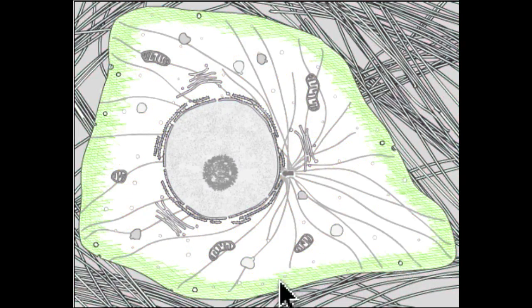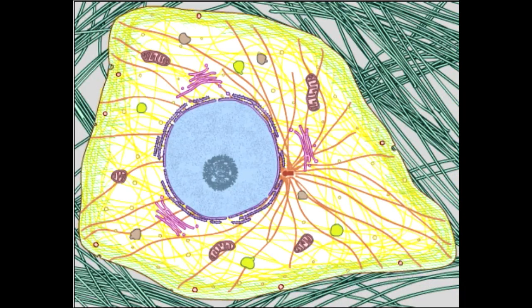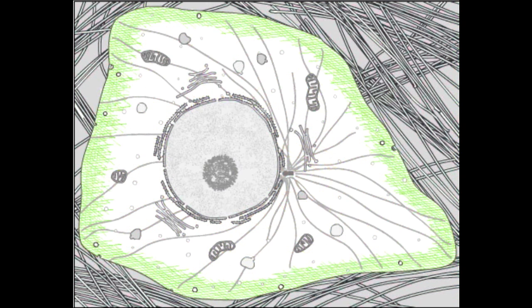So here's a schematic of a cell, and we can highlight different parts of it in color. So let's go through some of these components just to make sure that you can identify them. If we look at the actin cytoskeleton shown in green here, we can see that that is at the periphery of the cell, and there are cables of microfilaments just at the periphery of the cell, although there are actin microfilaments elsewhere as well in the cell.